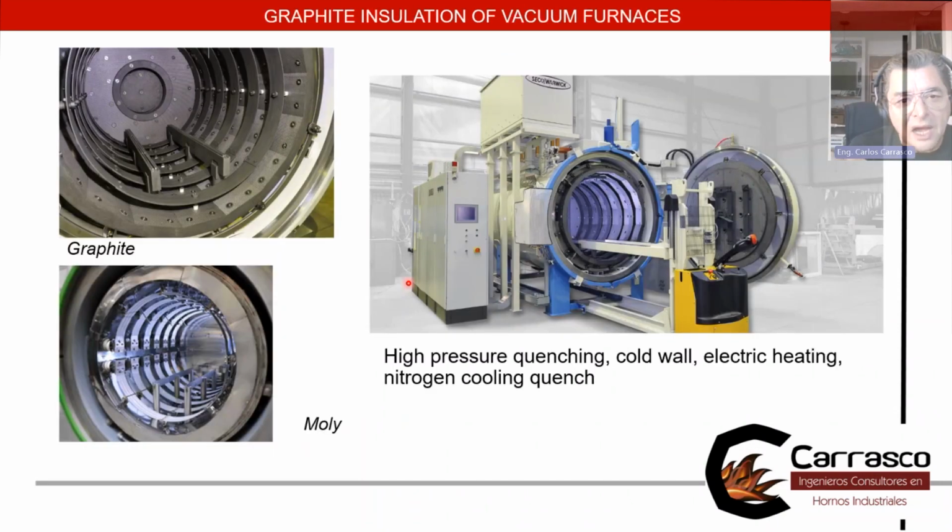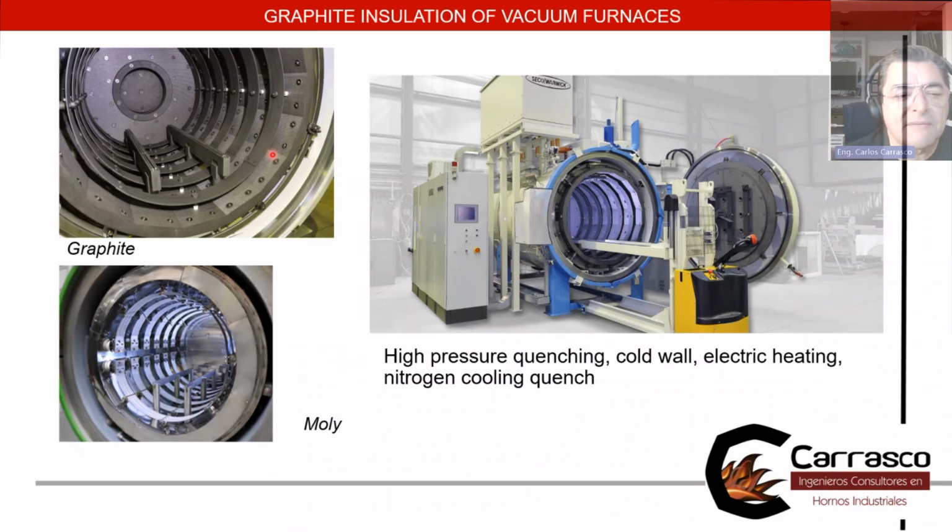And then there is also graphite insulation in vacuum furnaces. Now I'm going to make a big change from the topics that we are talking about. Insulation can also be graphite. In this vacuum furnace you see here, which is used for heat treatment, I have used different densities of graphite felt inside the furnace. But in the aerospace industry, the materials used for these applications